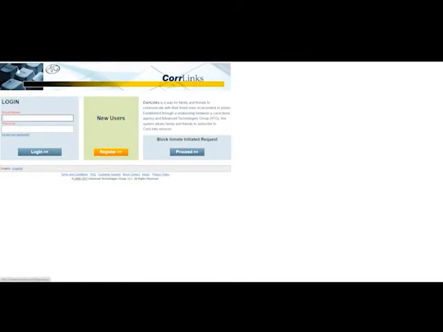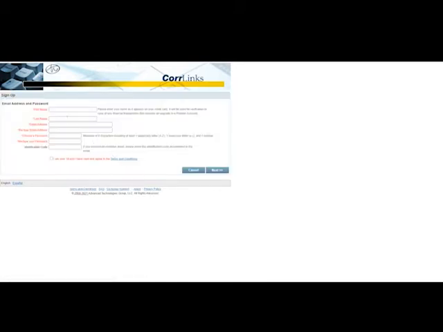It's actually very different than the other systems because it is a desktop version only, unless you upgrade to a premier account. I'm going to show you both. You can follow along, and hopefully this will be a little bit easier. So this is what CorrLinks looks like. This is their desktop version of it. You will go to corrlinks.com, and new users would go here to register. It would ask you for your first name, last name, your email, password, etc.